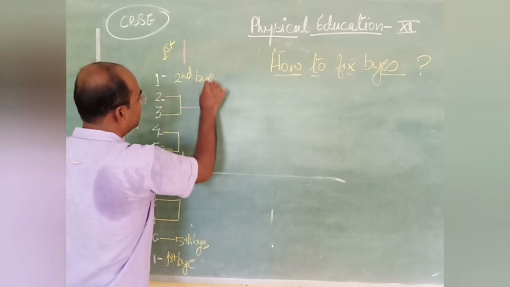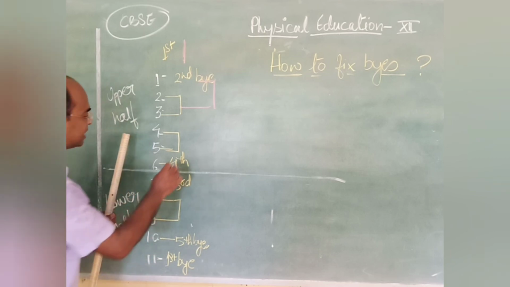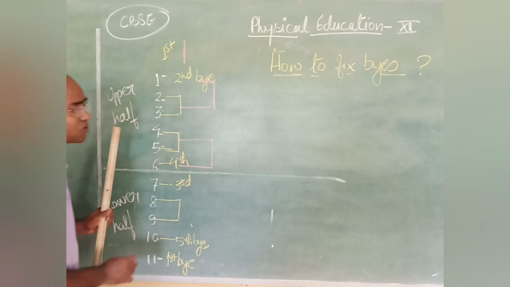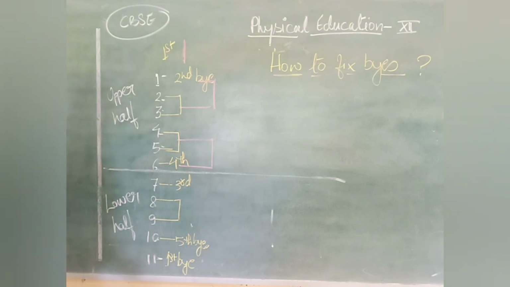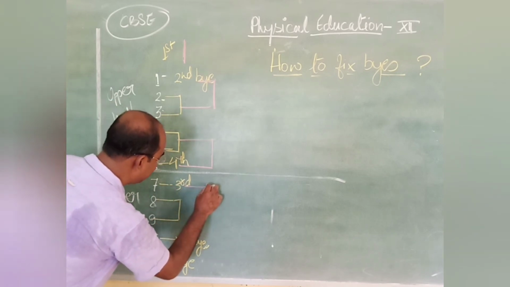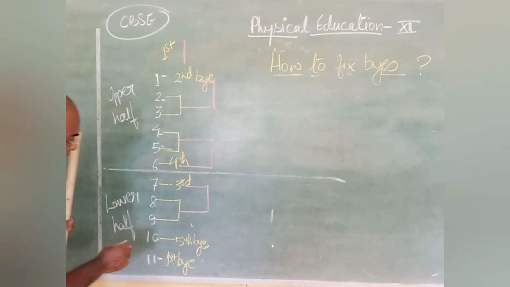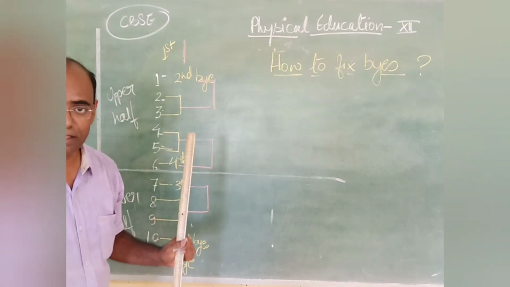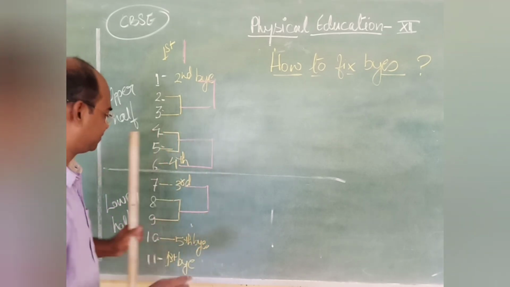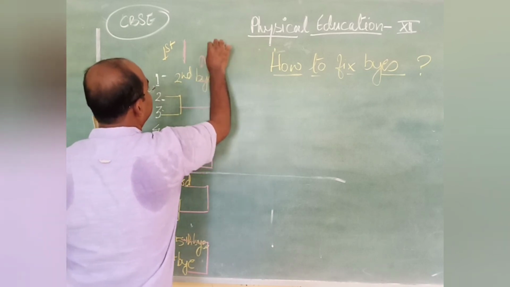So here winner of number 4 and 5 team is playing match with winner of number 16 who's got the bye in the first round. Then winner of 8 and 9 is playing match with number 17 who got the bye in the first round, and 10th and 11th team, both the teams got the bye in the first round, so they are not playing first round but they are playing second round directly. So here you write second round.